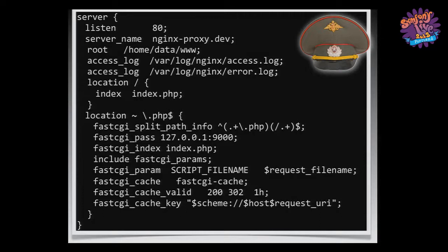If a file ends with a PHP extension, we'll do some magic on it with the split path info, but we'll pass it along to the localhost on port 9000. And that's the port where our FPM configuration resides. So FPM, for those who don't know, is actually PHP daemonized. So the process management is dealt with by PHP itself. So you could connect via socket or via TCP/IP. So once you've got that set up, you can